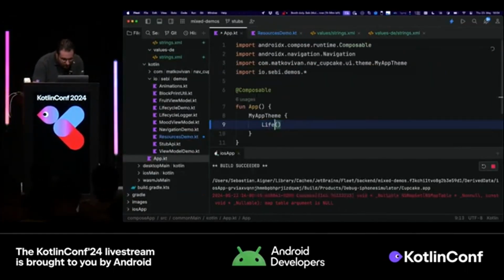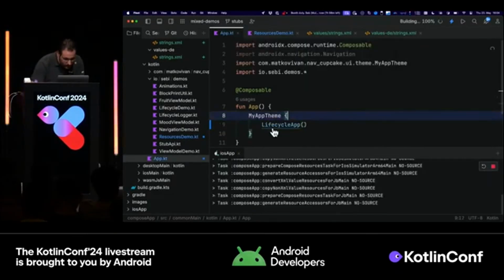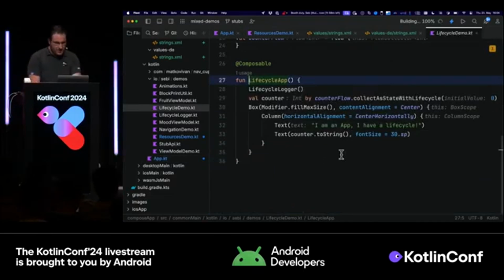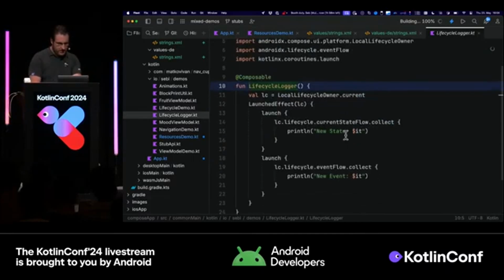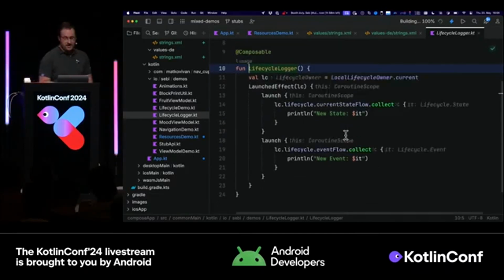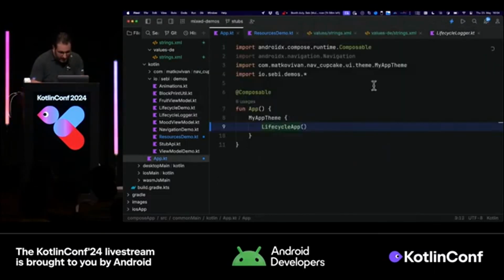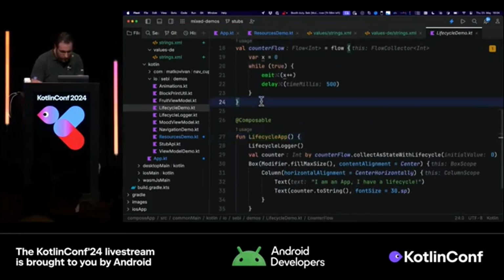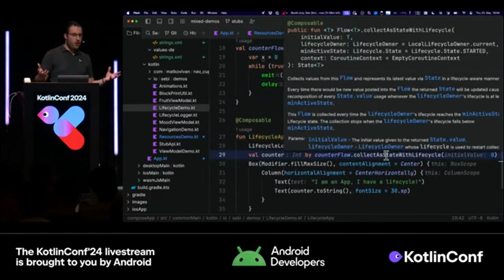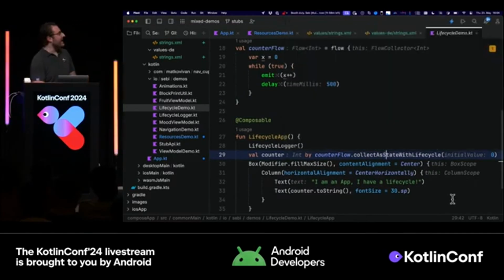So we will just quickly open up my lifecycle app over here, and we can take a peek inside. This application does very little. I've added a lifecycle logger, which is a custom composable that I've created. All that does is it looks at the current lifecycle events and the current lifecycle state and just prints that to the console. And the other thing that I have in my lifecycle app is this cold flow that I can now, in common code, collect using collectAsState